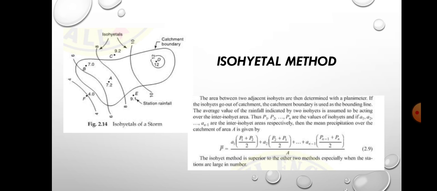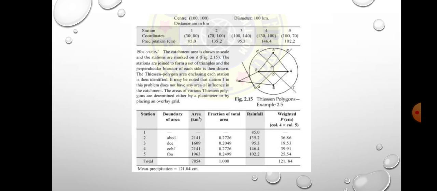Thus, P1, P2, and PM are the values of isohyets, and if A1, A2, and AM are the inter-isohyet areas respectively, then the mean precipitation over the catchment of area A is given by